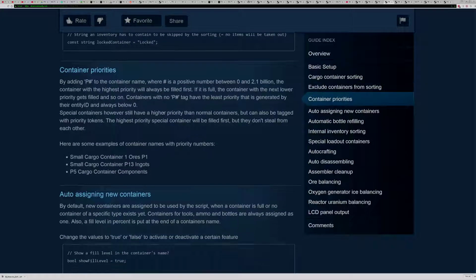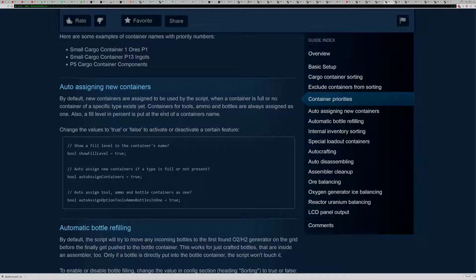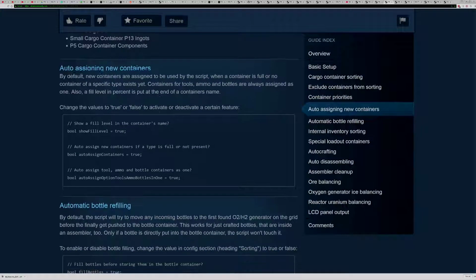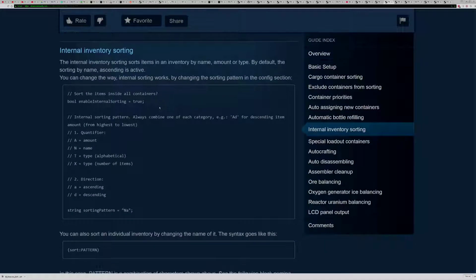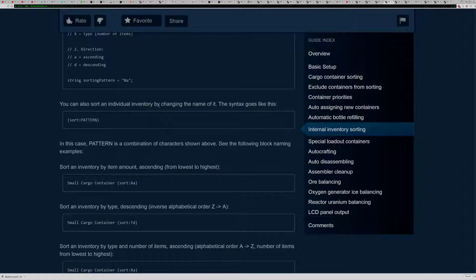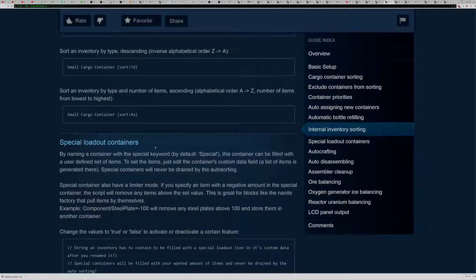Container priorities. So a lot of this I really don't need to do because it's going to manage this automatically, I think. Automatic bottle refilling, internal sorting. So I guess one of the things that we can do is let it do what it does. Now, here's the only thing I worry about